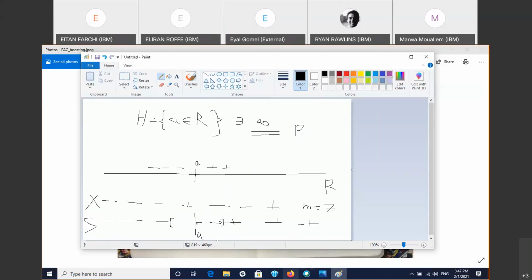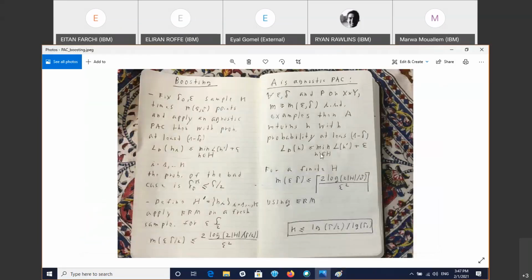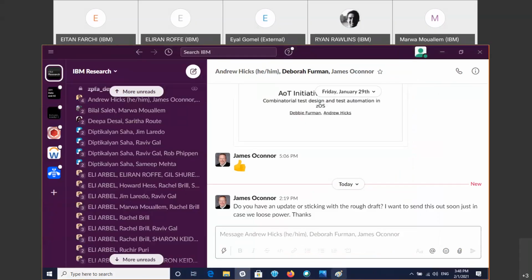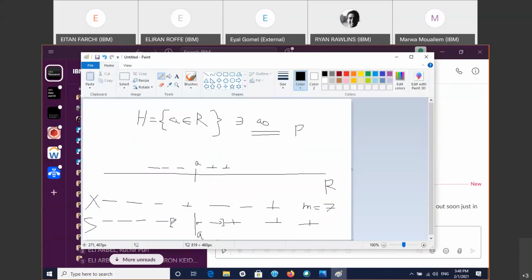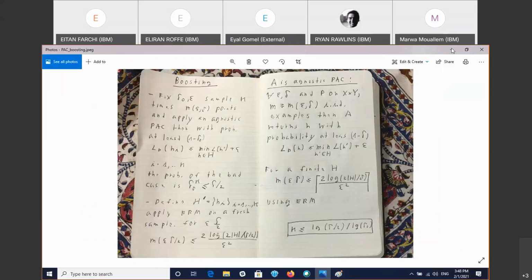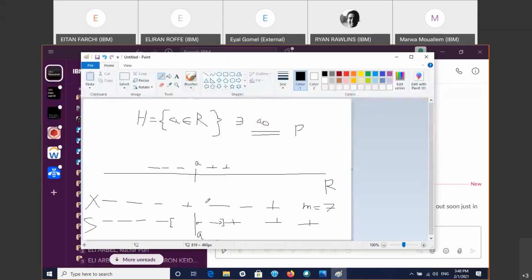So basically, if we go back to the definition, the M here and those numbers are giving us a way to do it quantitatively. It's a way to choose how big the sample should be so that we're going to be happy, the probability in this range is going to be small, and our ERM is going to give a good result. Okay, does that make sense now?